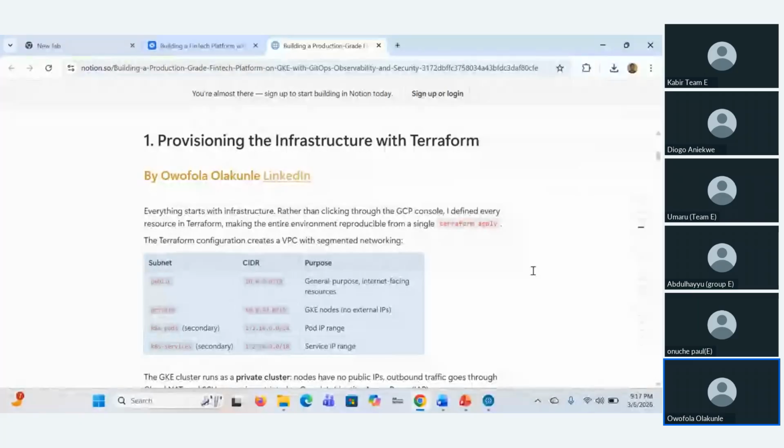For the Terraform, we are going to have general purpose internet facing resources. We have a GKE node, and also a pod IP range and a service IP range.